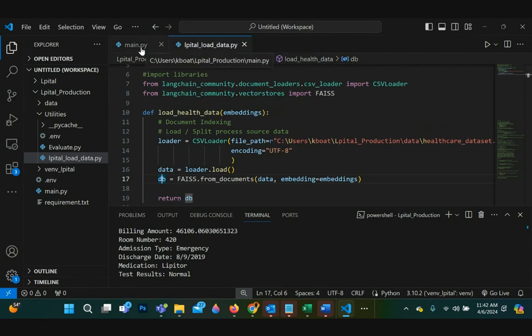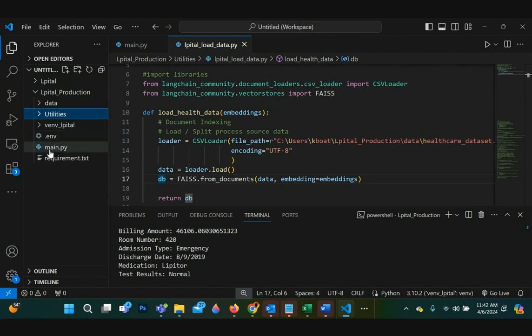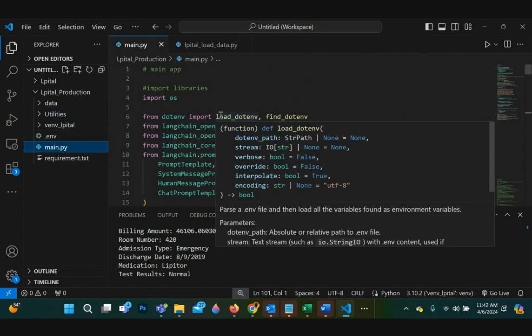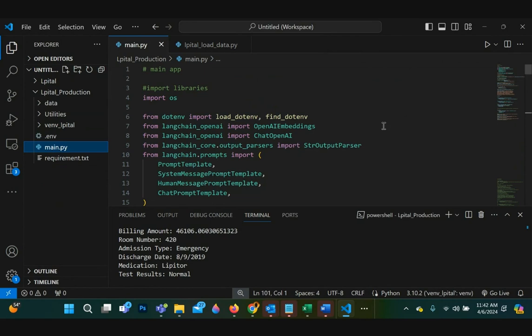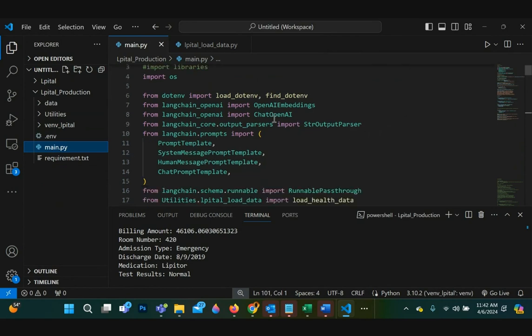Closing this, in the main program we are importing a lot more libraries.